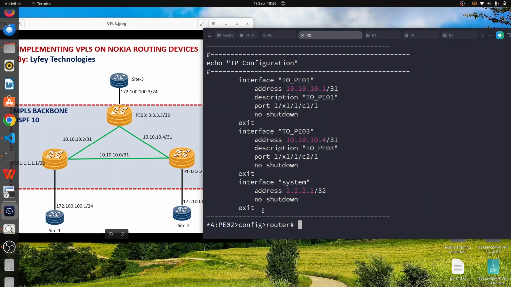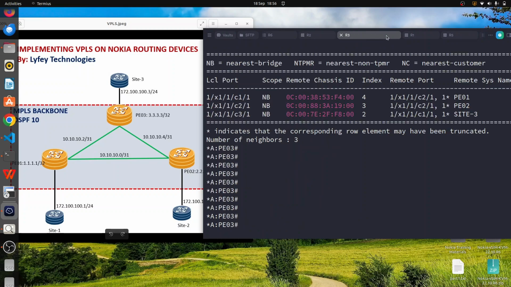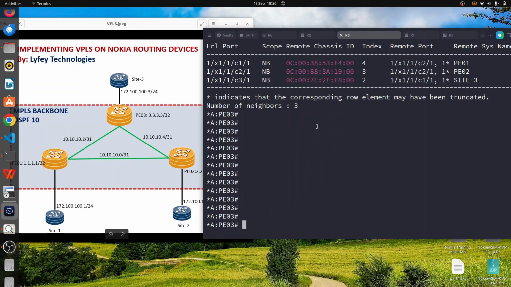So we have the configuration to interface to P1, to P3, and to system. So that is it for R2. We can do the configuration for R3. So same, we'll configure the system interface, configure router